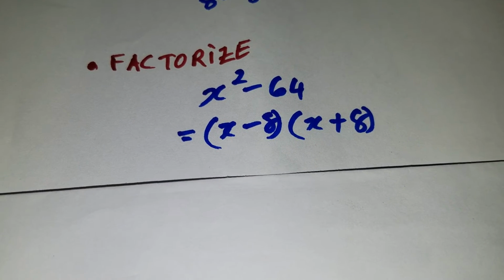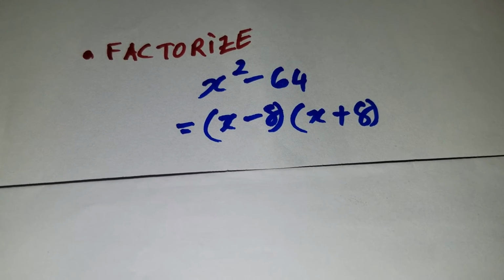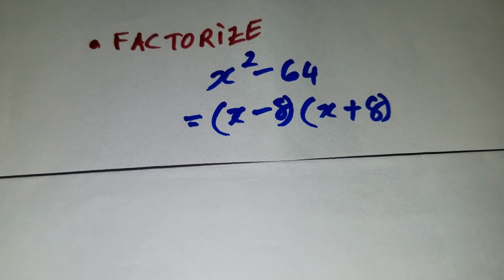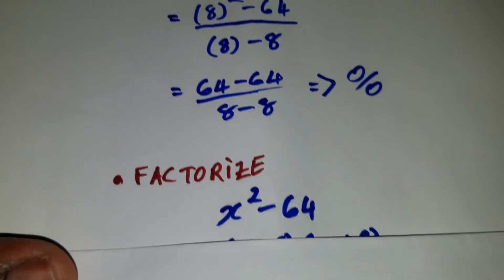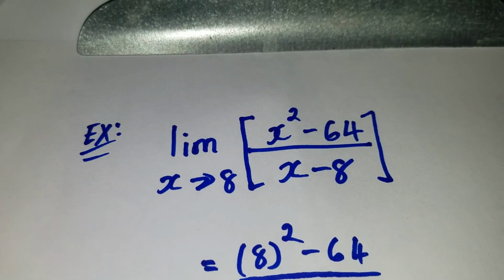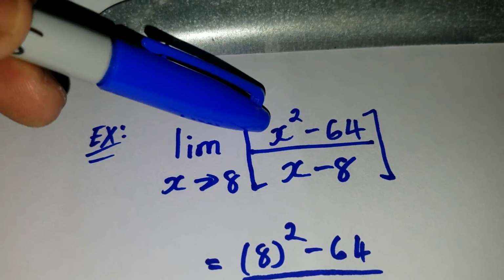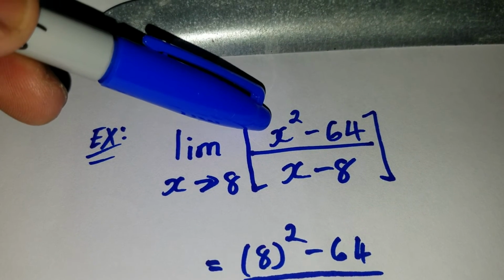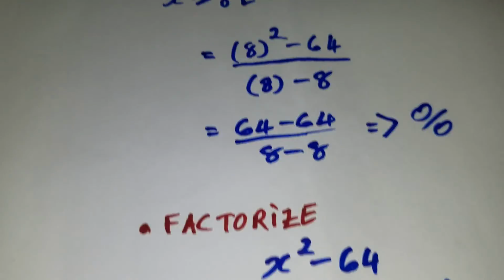If we want to look back on factorizing the difference of two squares, we can look back on one of my old videos. I'll leave the link in the video. Now, after we factorize, we will now rewrite the entire expression. However, this time we're going to rewrite the quadratic expression in its factored form. So we're going to rewrite the factored form here, and we're going to rewrite x minus 8, and we will